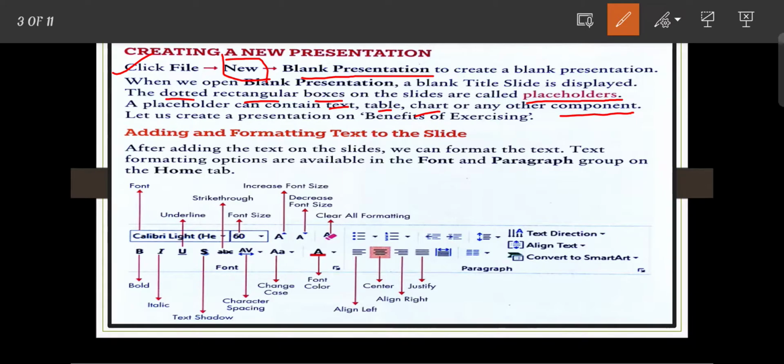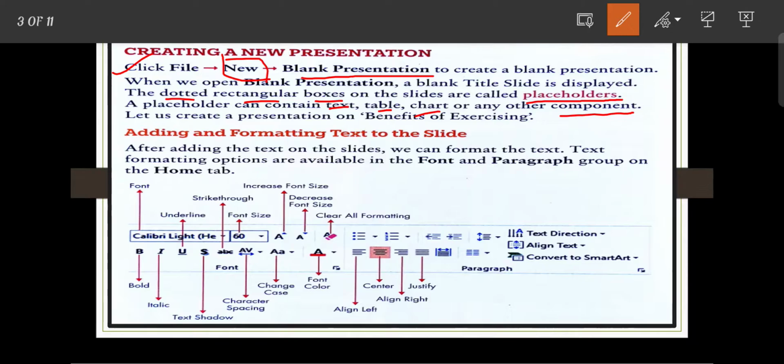A placeholder can contain text, table, chart, or any other contents. So basically, when we need to create a new blank presentation, click on the File tab, then click on the New option and click on Blank Presentation. Your new blank presentation will be created.